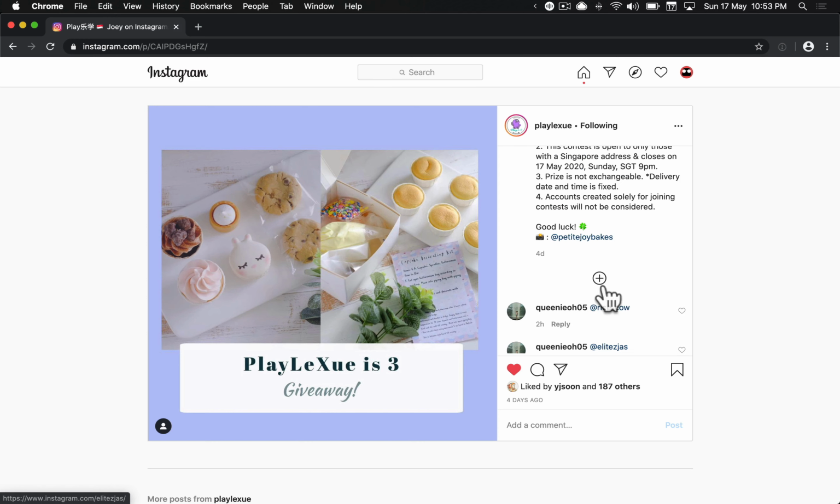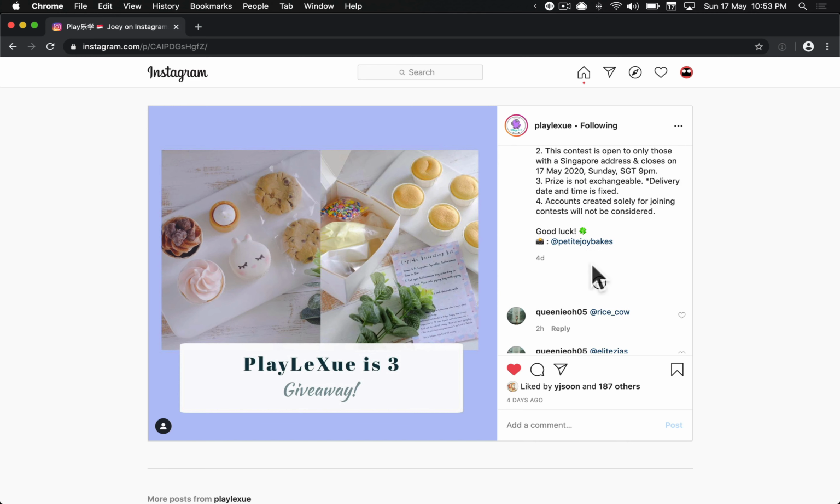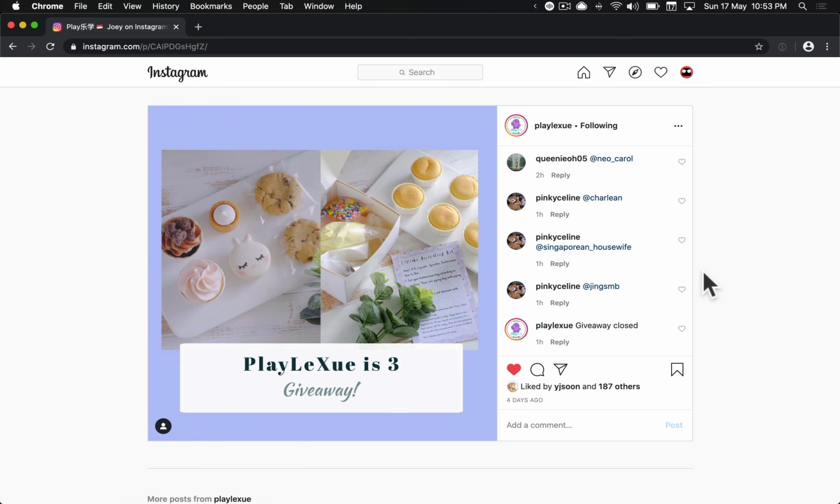I'm just going to keep pressing plus. Wow, pressing plus is very troublesome. I can't actually see the total here, but I know there are over 600 comments. So I'm just going to refresh this page, and I'm going to do it in JavaScript.